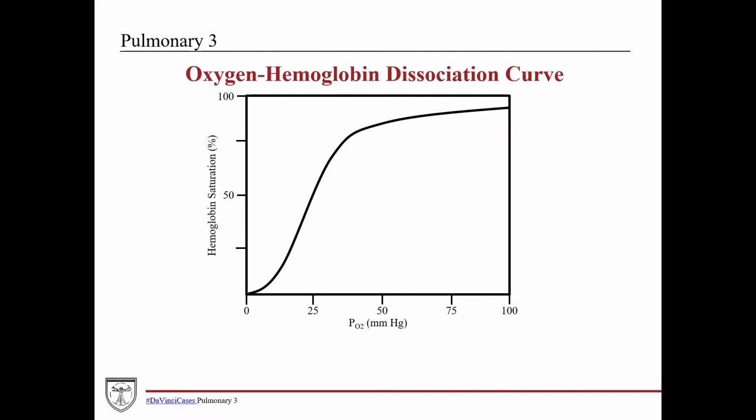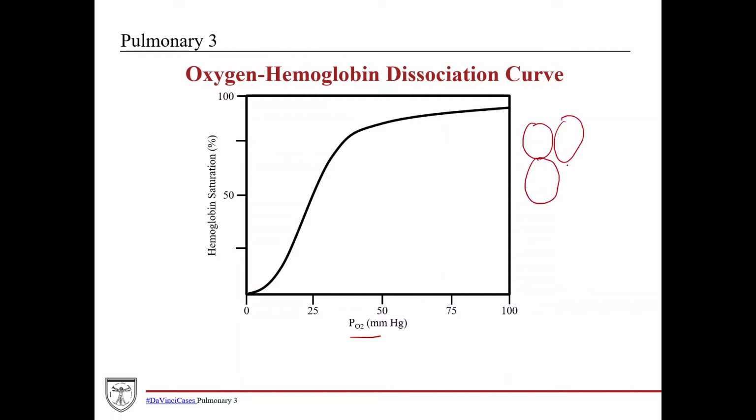So to answer this question, we've got to go over the oxygen-hemoglobin dissociation curve. And this is essentially a graphic representation of the fact that as you increase the partial pressure of oxygen in the blood, you will increase the level of saturation, or the percent saturation of hemoglobin in the blood, meaning how many hemoglobin molecules are bound to all 4 molecules of oxygen. So remember,